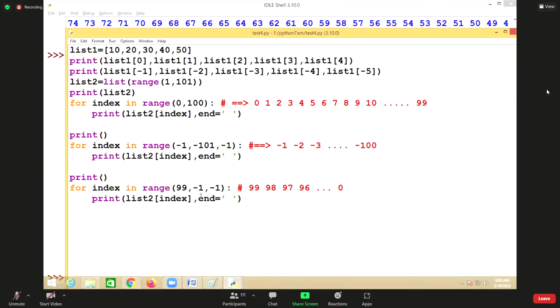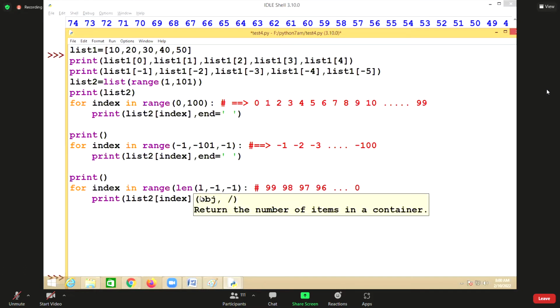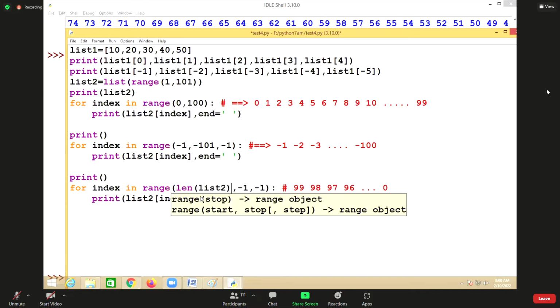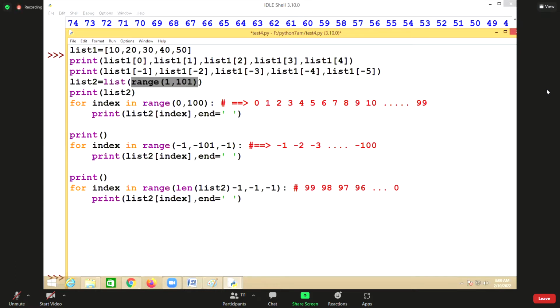Or you can also find the length of the list. Okay, length of list 2 minus 1. So what is the length of list 2? In list 2, how many values are there? 100 values. 100 minus 1 is what? 99. So what is the start value? 99. List 2 of 99, list 2 of 98. Like that. So it will try to read from right to left using positive index. For index in range of